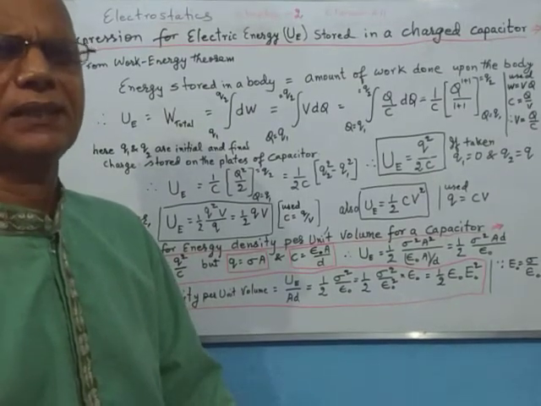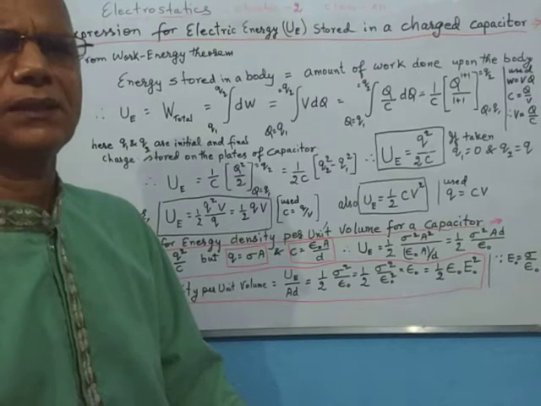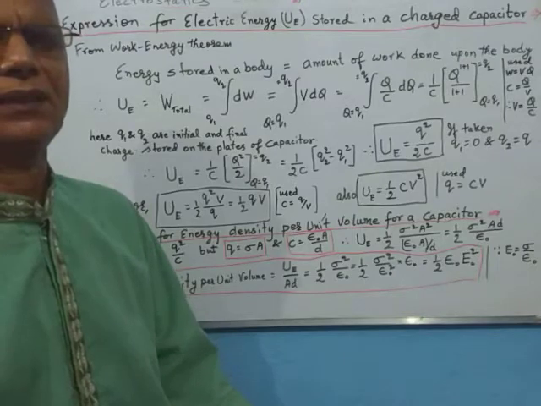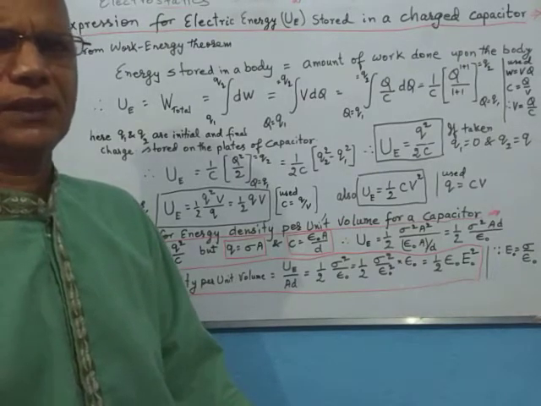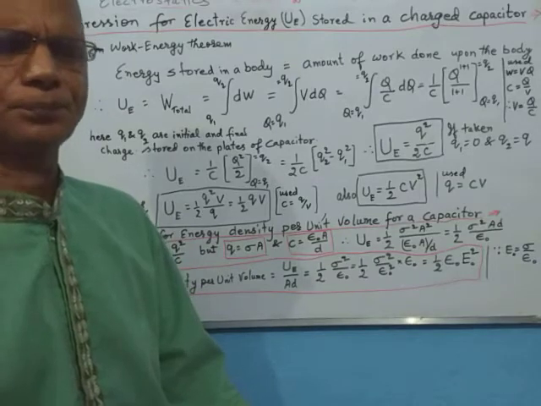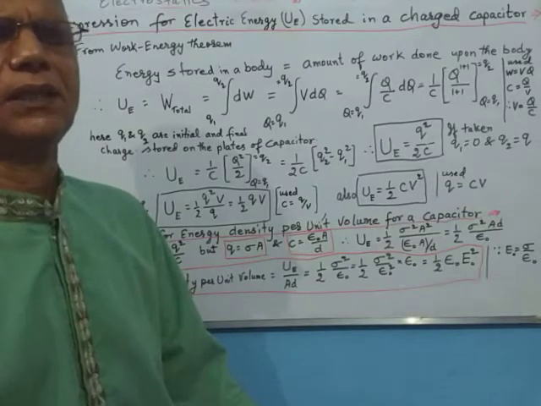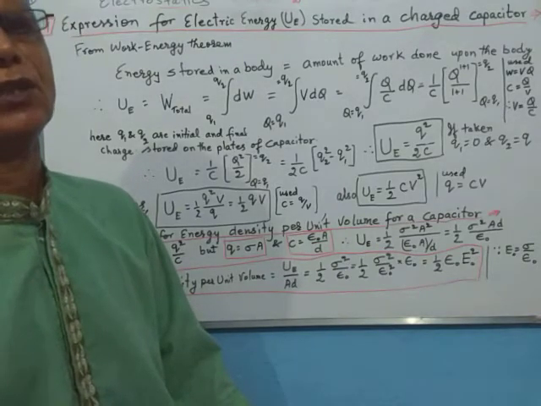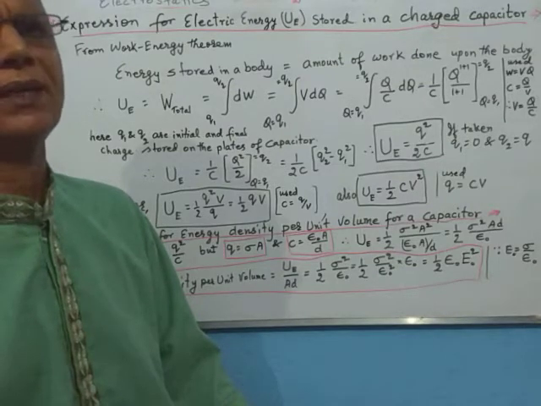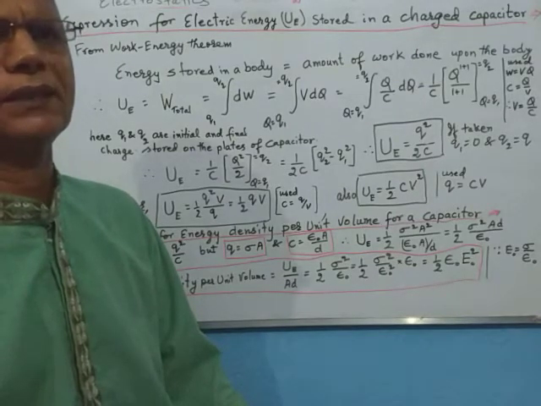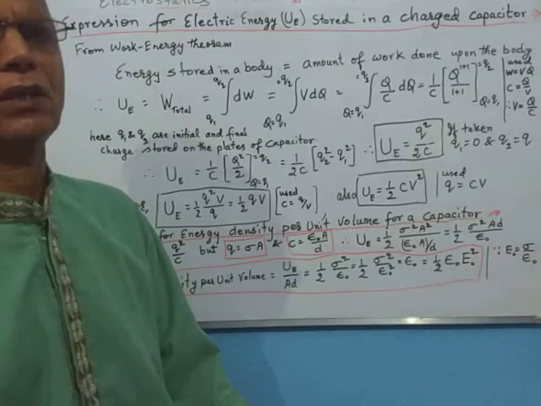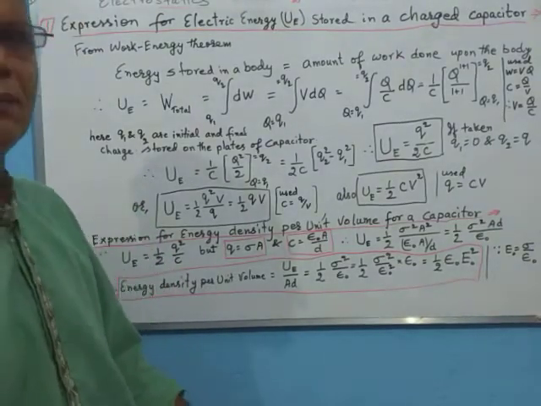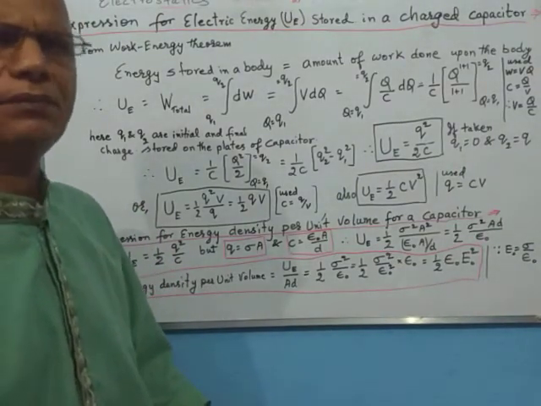First of all, we find the electric field for the different regions. For example, for a dielectric medium we have electric field E0 upon K. For a conductor we have electric field 0, and for an air medium we have electric field E0 equal to sigma by epsilon naught. Adding all these, we find the potential drop across these zones, and once we find the total potential drop, we find the capacitance C is equal to Q by V. So the same process we have been adopting earlier, and I am leaving it for you.